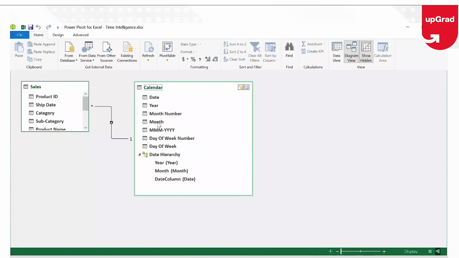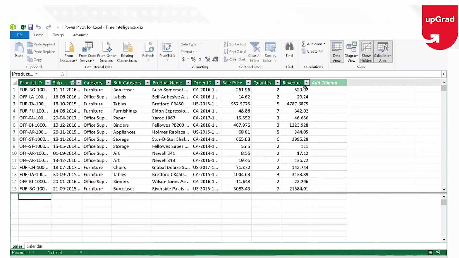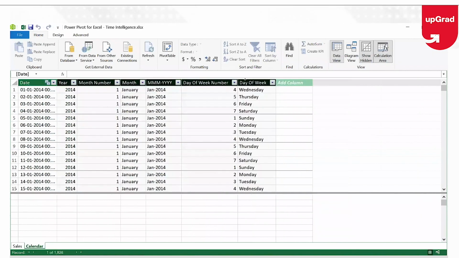You have more data, so let's look at the data view. If I go on to the calendar, you have the day of the week, you have the month and the year. So you have more information instead of just the grouping of the date. Now, this can be useful when you're performing the time intelligence functions, which we are going to learn in the coming tutorials, where we will see if you want to identify the amount of sales or the amount of revenue that you have earned year to date.